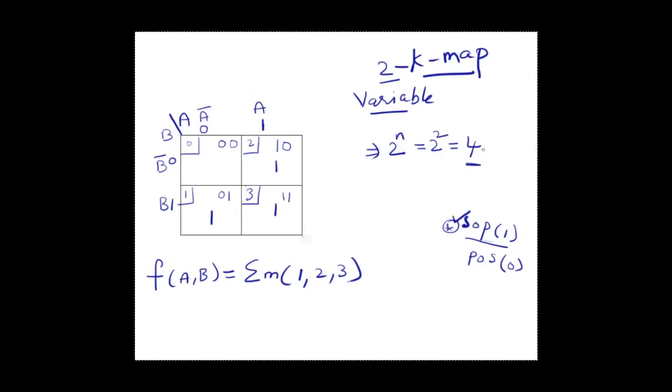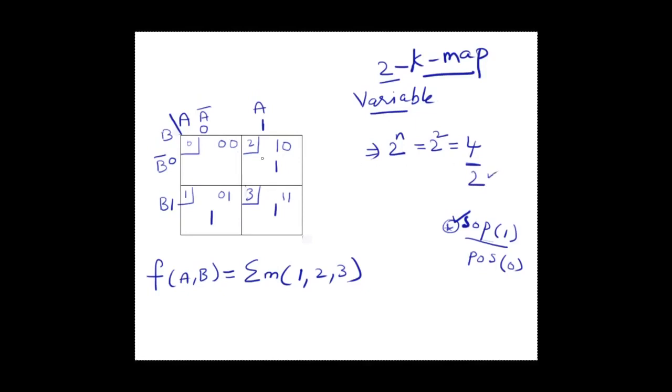First thing is we need to check for 4 ones. The maximum number of ones in this 2 variable K-map is 4. It can't exceed 4. So first check with them. If I find them, just do it. If I don't find them, go with the other. The other means if 2 power 2 is 4, then next 2 power 1, that means 2. If you didn't find 4, check with 2.